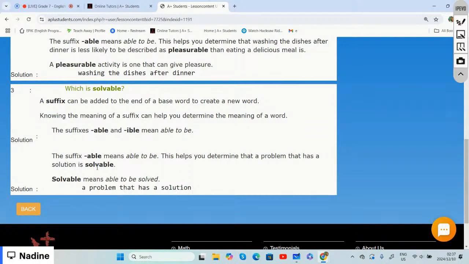All right, and one last one, and then we're going to our test. It says which is solvable. If you look at the word solve,